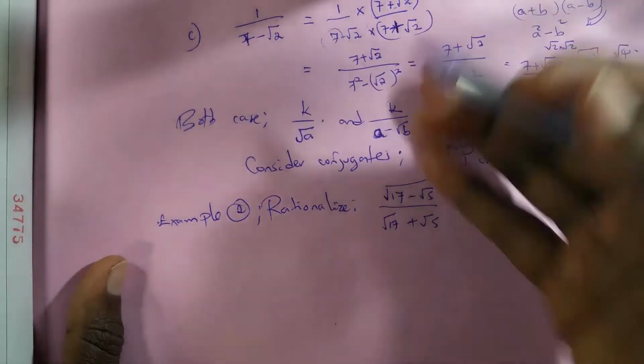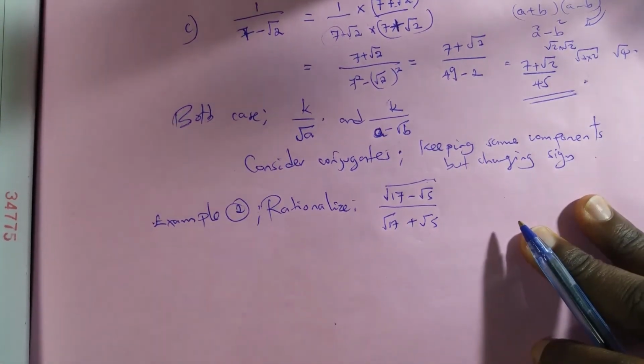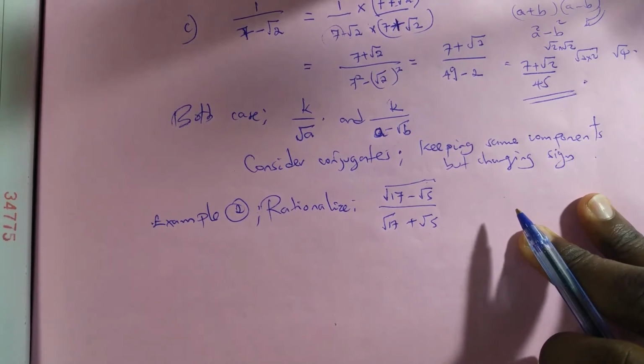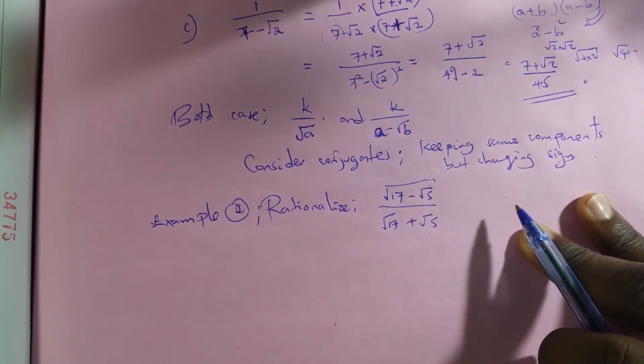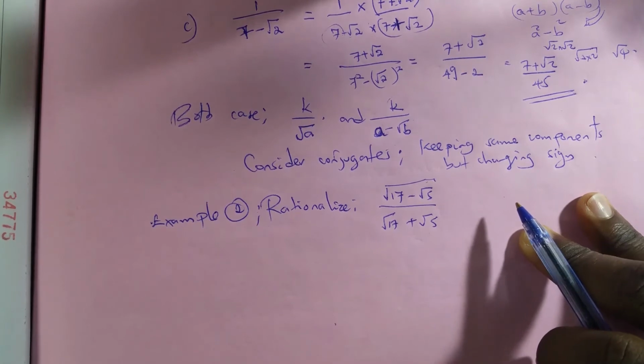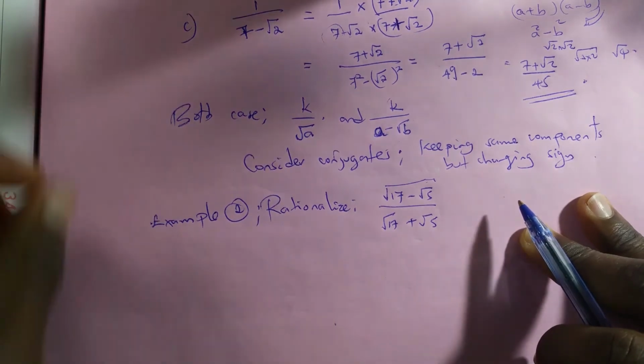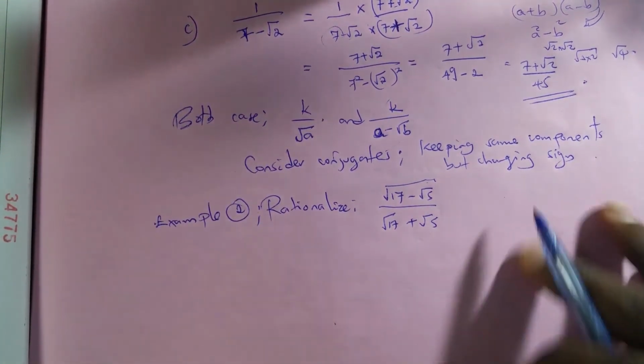Don't fear the numerator, however big it looks, it does not affect us. It doesn't concern us. Our concern is to get the denominator, because we are basically rationalizing the denominator. When you're told to rationalize a fraction which has surds in the denominator, it's actually making the denominator a rational number, rather than having an irrational